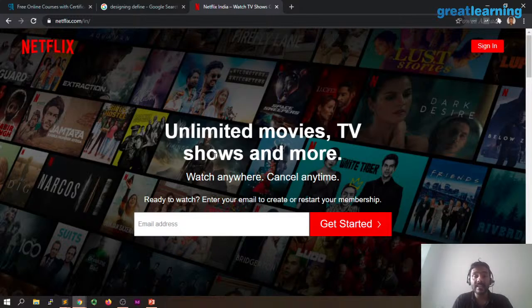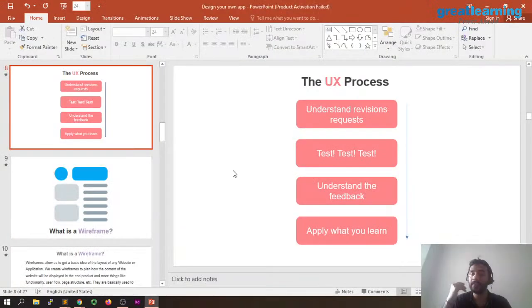So what they realized was that the control experiment they had from the start, that is your Netflix app itself, was the one that was winning, right? So they just decided to keep it. That's how your user testing can go, that you can test sometimes very rigorously, but in the end you come up with the same thing. But again, this is something for future, regarding future releases for you. This may not be something that you have to do when you're designing your app in the starting itself, where you have a control experiment or not.